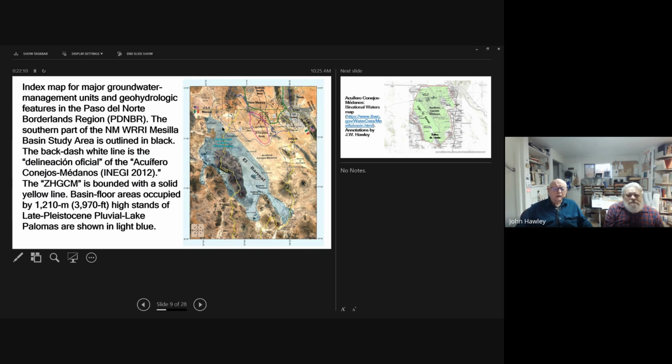We have a remnant of a much younger lake that, once the Rio Grande Valley started to cut, drained.